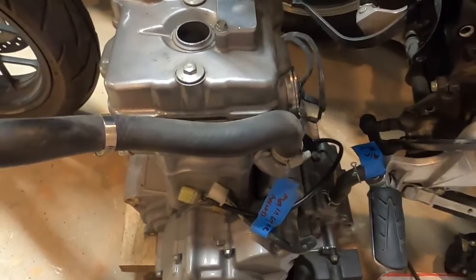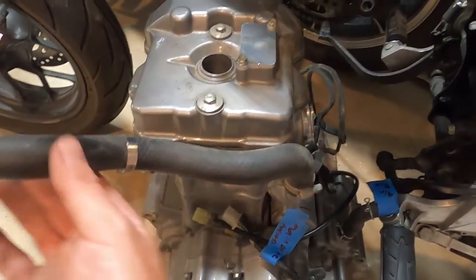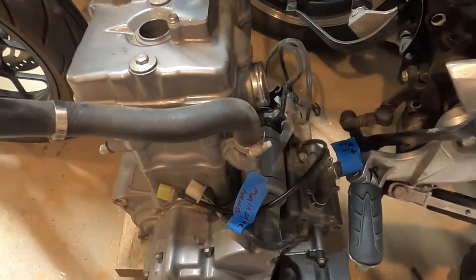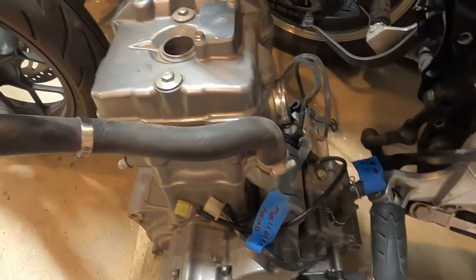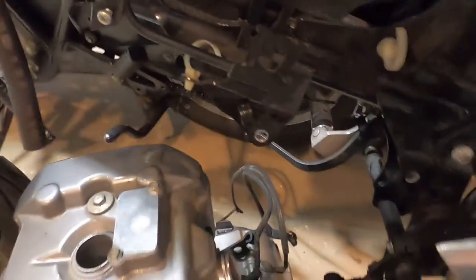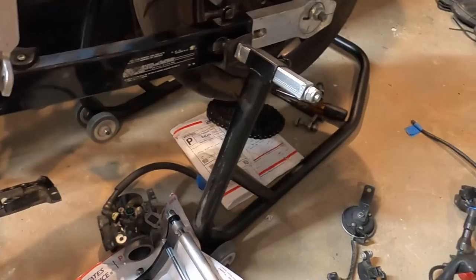I'd like to not have to buy those $100 radiator hoses from Steady Garage. The Chimera hoses are like $100. I'm hoping I can reuse these and cut them up a little bit so they work. Don't know, we'll see. I am going to take this off right now, this bracket for the charcoal canister, because we don't need it. As far as the IAC,